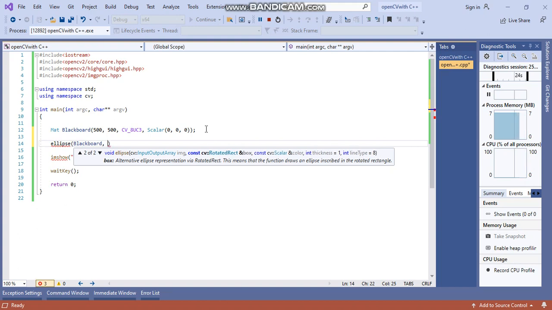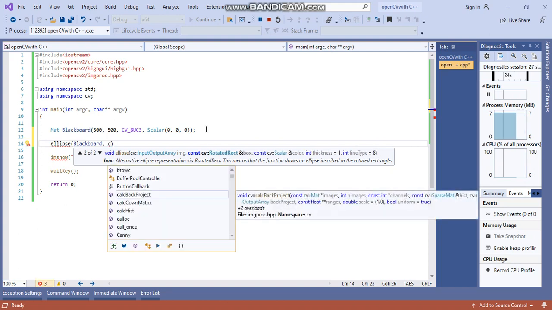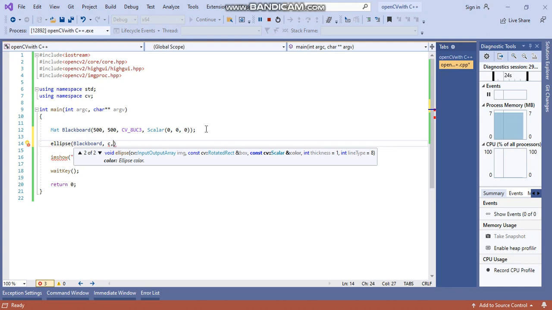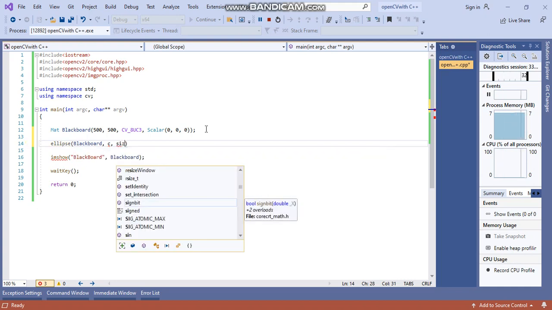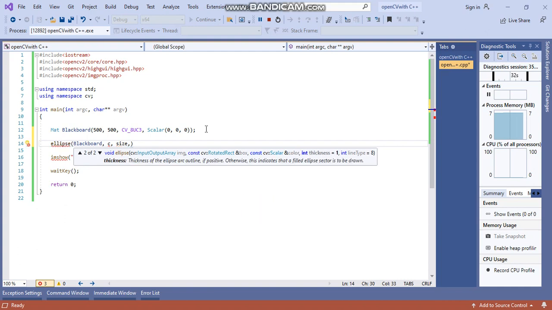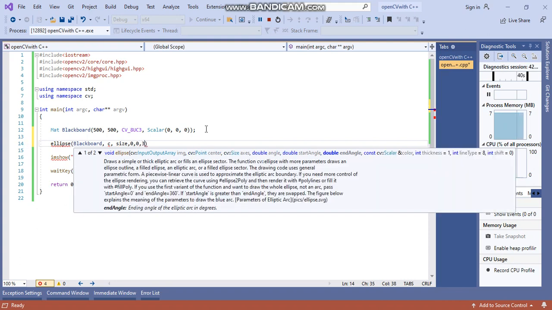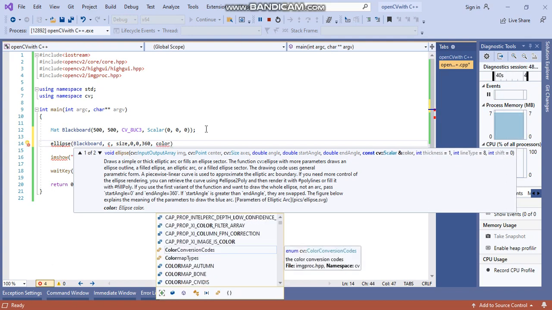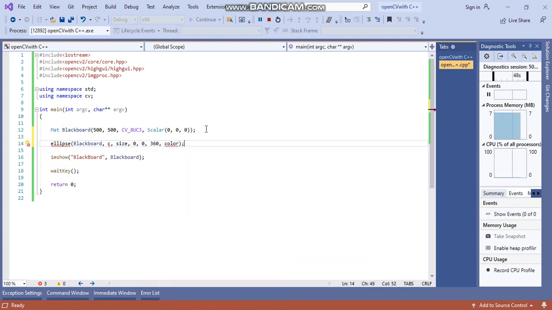Then we need the center of the ellipse, and after center we need size of the ellipse, and after size we need angle, then a starting angle, then max angle 360 degrees, and then we need color. Further we can give thickness also.